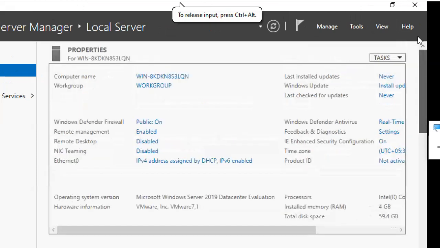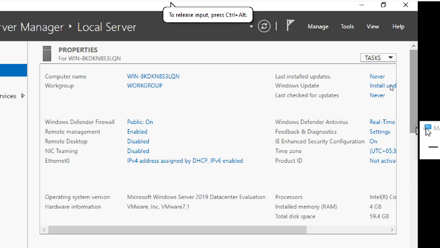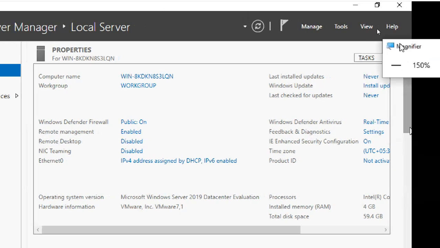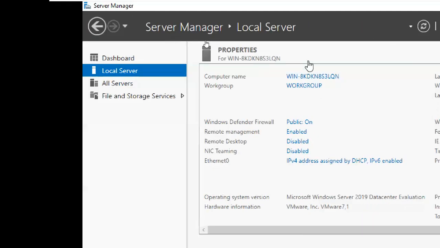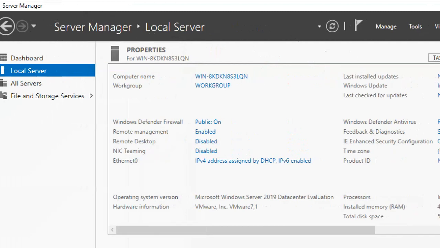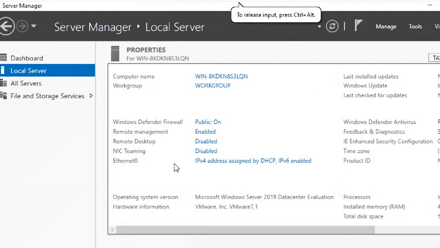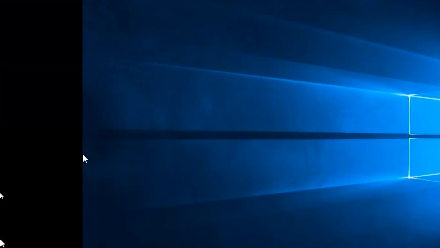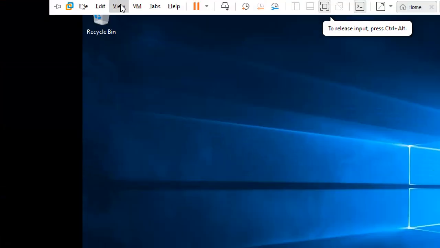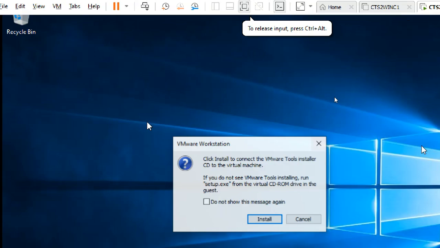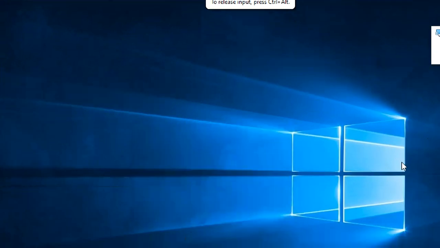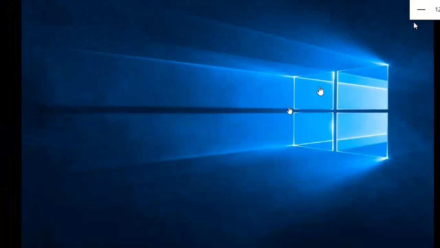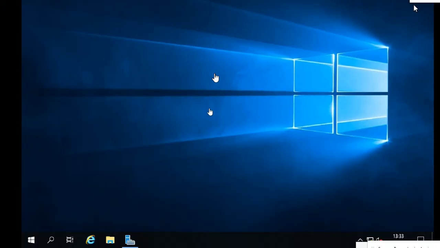If you want to change anything, you can change it. So guys, here I'm going to change two things. First of all, I'm going to install VMware tools. Second, I'm going to change the name only. I'm not changing the IP address now. Tomorrow I will show you how to change the IP address, and we'll change the IP address also. The first one is VMware tools, which I'm going to install because I want a good full screen mode. I can't work with small screens. I need a more comfortable one.